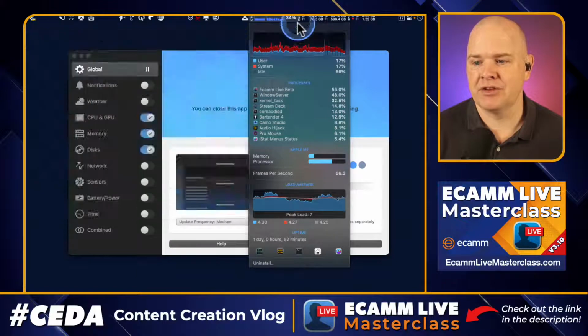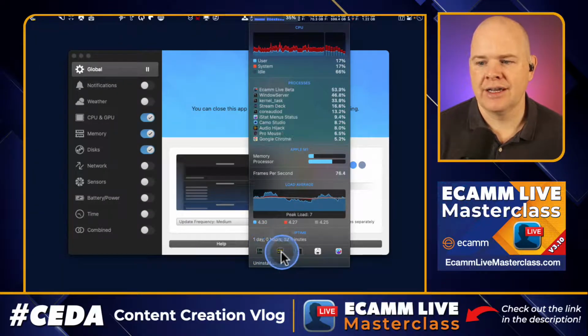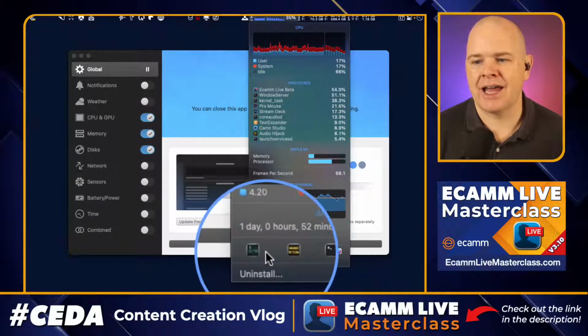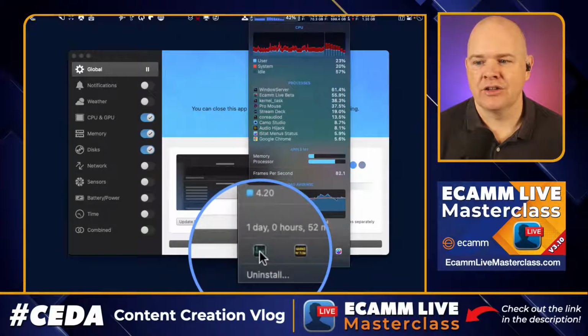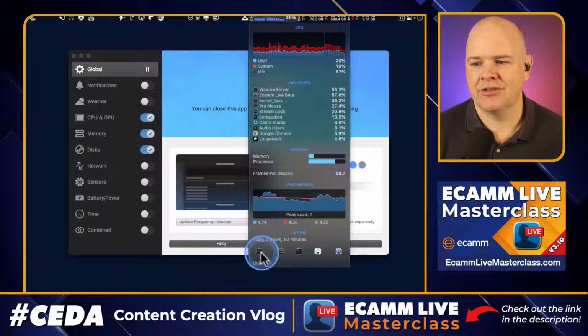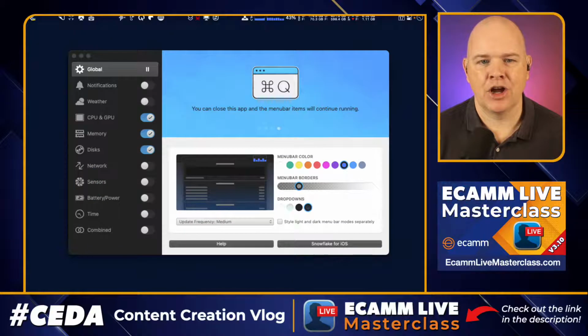In fact, speaking of Activity Monitor, one of the great things you've got down here is shortcuts to some of the Mac's built-in things. So we've got Activity Monitor right down here, for example. So you can just click on that one and it will open up the Activity Monitor, if you need to force quit apps or anything like that. So that is iStatMenus, and the next one that I was going to talk about